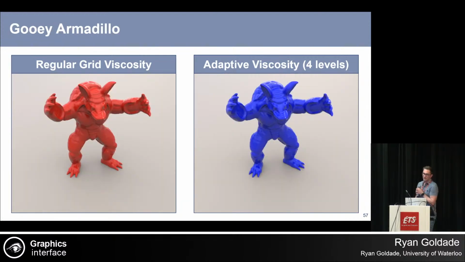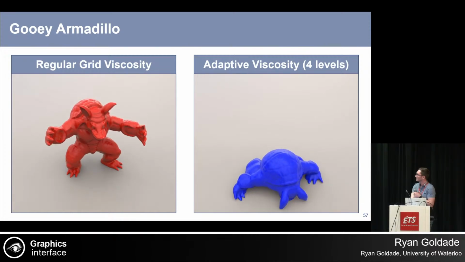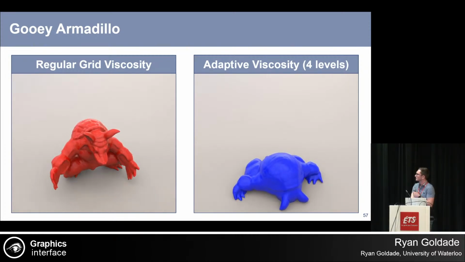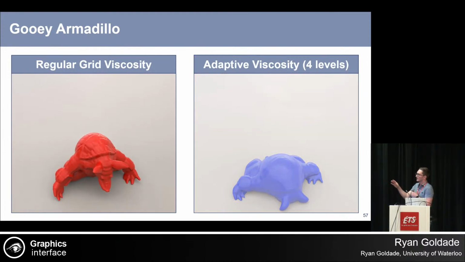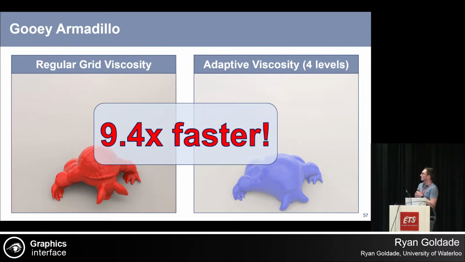Right, okay. And then for this example, to really demonstrate the speed difference, we've modified the playback speed relative to the viscous solve times. So the one on the right now is done, like it's finished simulating. And the one on the left will go for another 40 seconds. And in this example, it was 9.4 times faster. And this reduced the simulation time from 26 hours down to just over 3 hours.